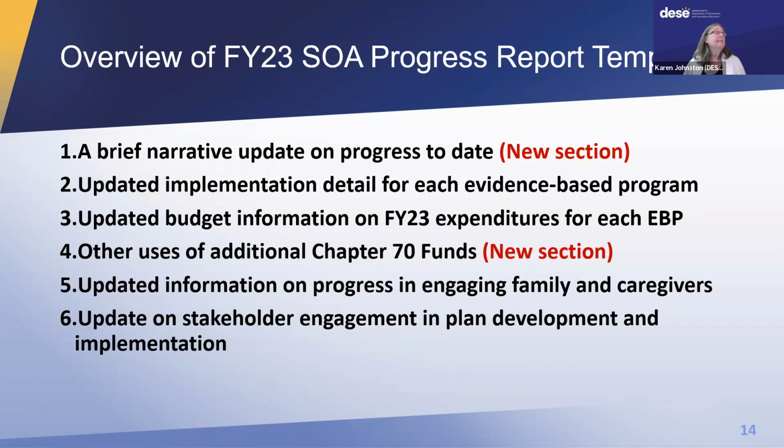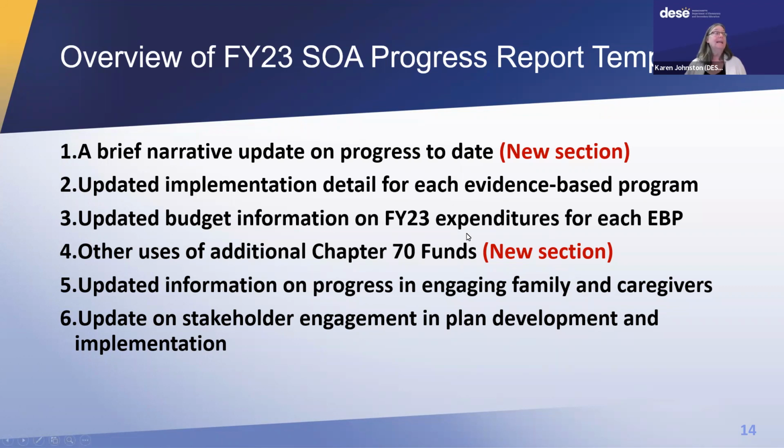In the template itself, there are 6 different sections that you're going to be working with. There's a brief narrative update on progress to date. That's a new section. We'll spend more time on that than we do on some of the other sections. Anywhere you see a section that doesn't say new section, this is going to look really familiar to you from filling out the SOA